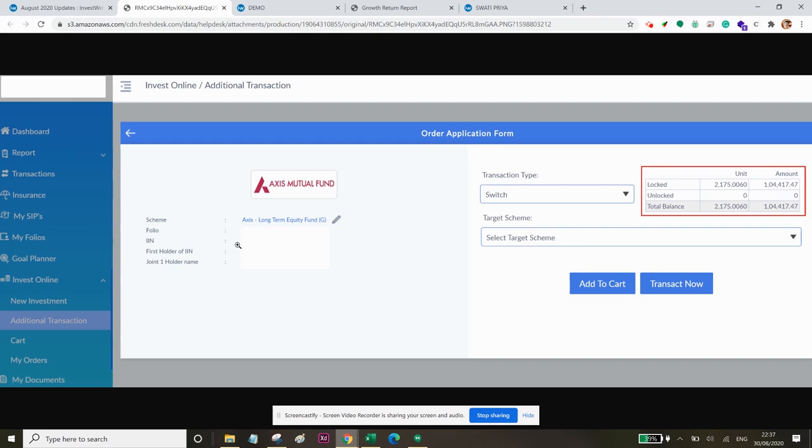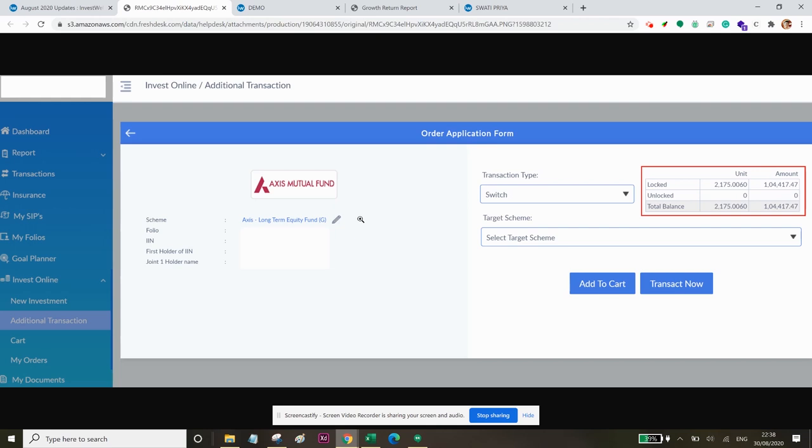Now, for ELSS type of schemes, there is a lock and unlock methodology, wherein if the investment is held for more than 3 years, then it is considered to be unlocked. So that unit balance after FIFO, we show you how many units are unlocked and how many units are locked as of now. Similarly, apart from ELSS schemes, a similar set of rules is also applicable for retirement solution-oriented schemes and solution-oriented children gift schemes. So even in those categories of scheme, we show locked and unlocked.